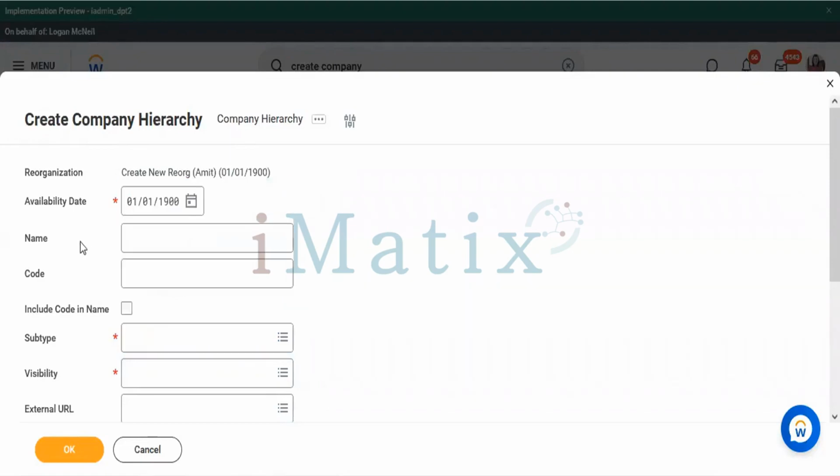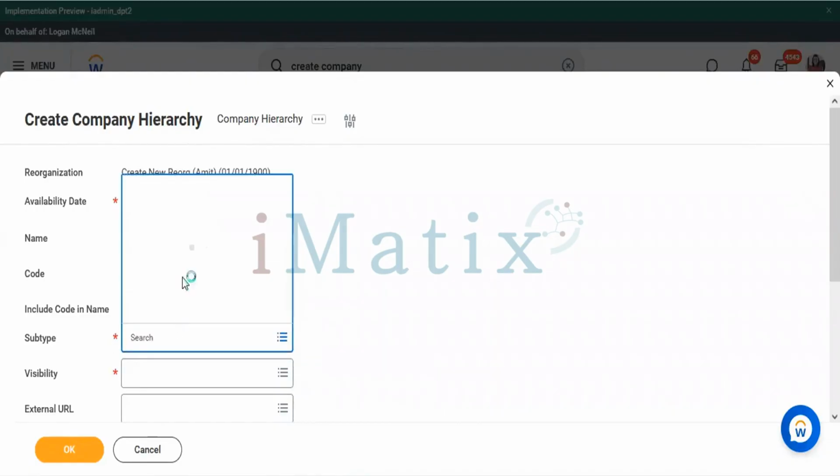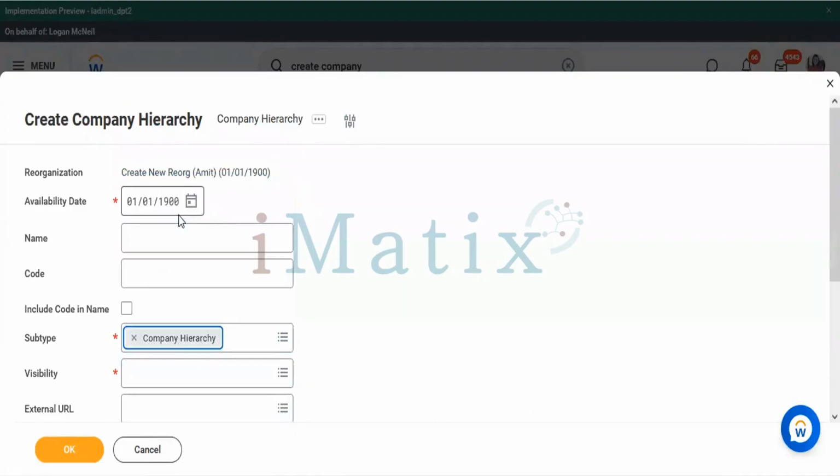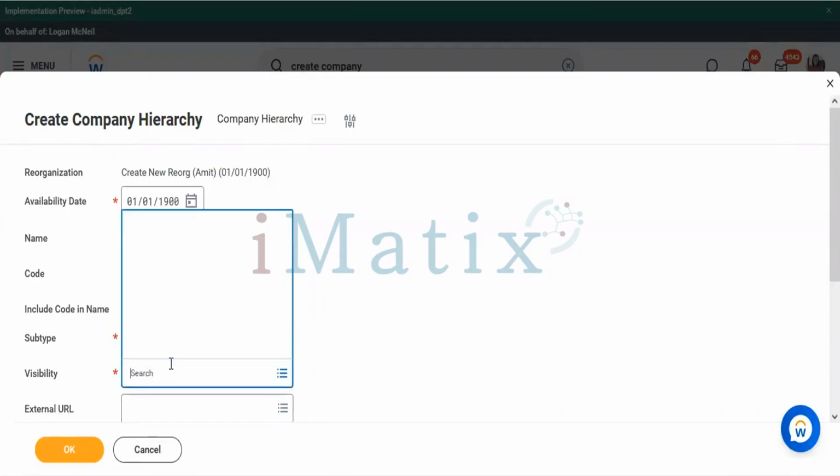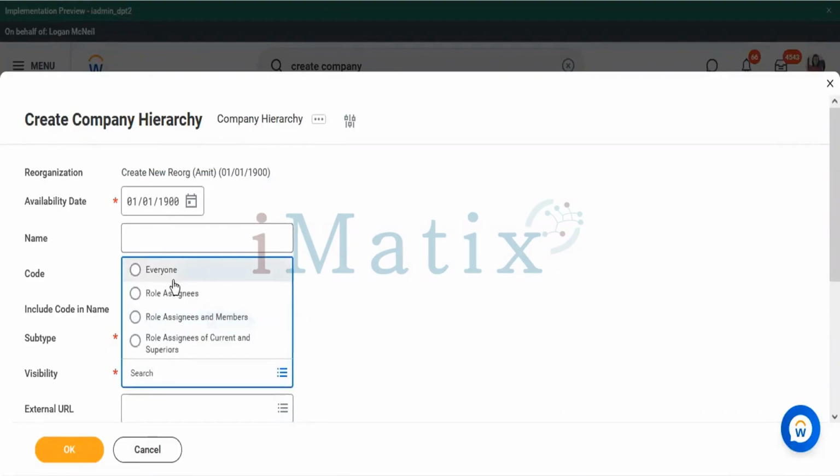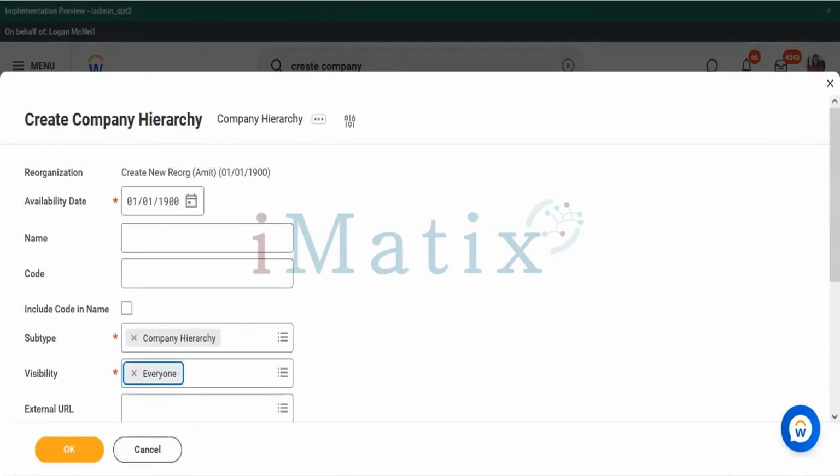Whatever activity you do for a non-supervisory organization, be it company hierarchy or company cost center hierarchy, the subtype would be relevant to that. Since I'm creating a company hierarchy, my subtype would be company hierarchy. Visibility, everyone.